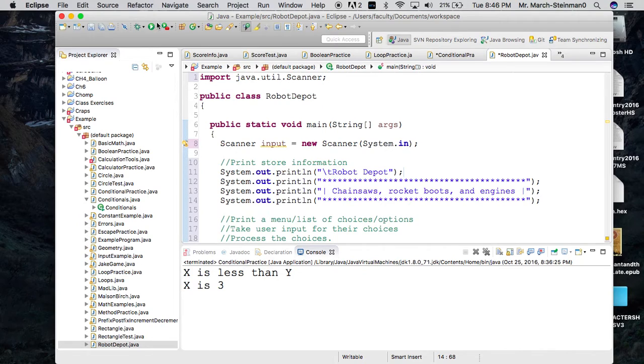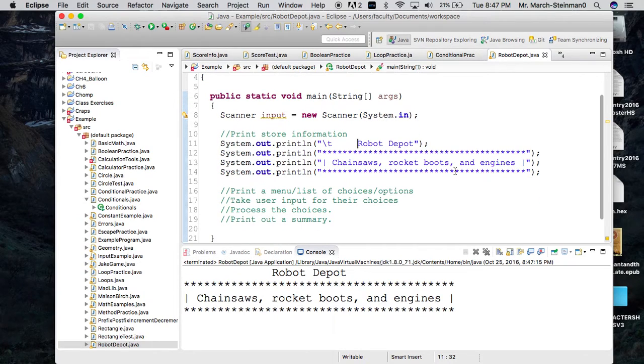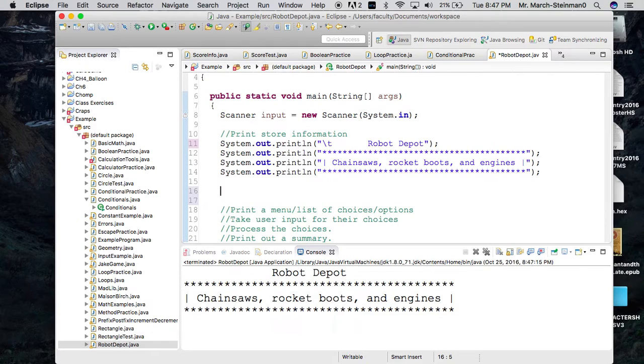And what does this look like? Well, if I run this, right now I get this robot depot thing. So I'm going to make another tab, run it again, and you'll see it's sort of centered. It looks pretty good. I could always change this to maybe a few spaces, see what prints out. Maybe it's a little more centered that way. And then I can say down here,